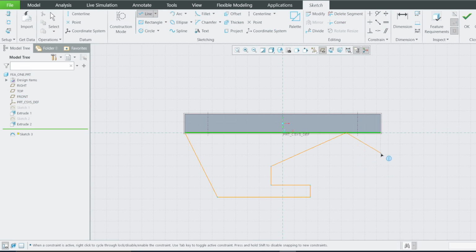Let me do some editing here. Oops, let me redo that by Ctrl Y. You can undo or redo. I want to delete this and delete this. I want another line. You can go straight again here, then go to this one here, and then go back to make a complete